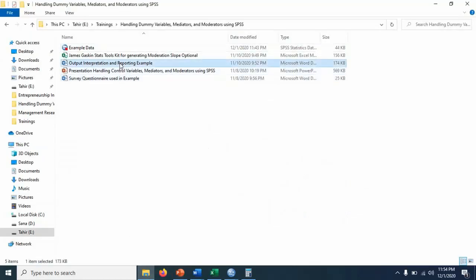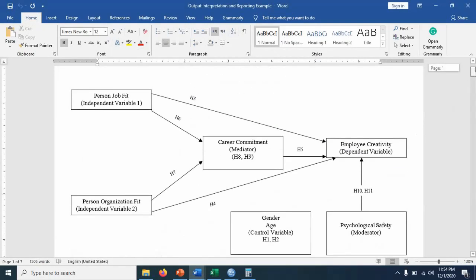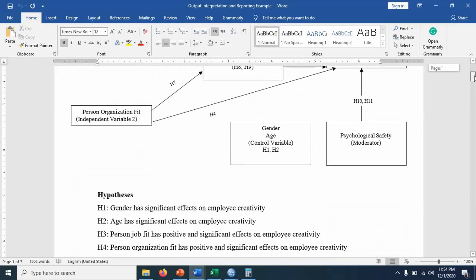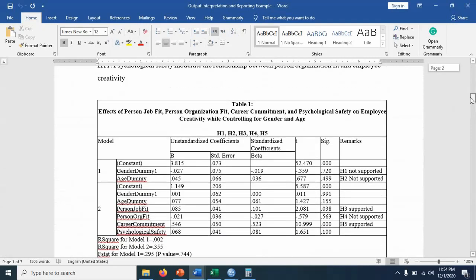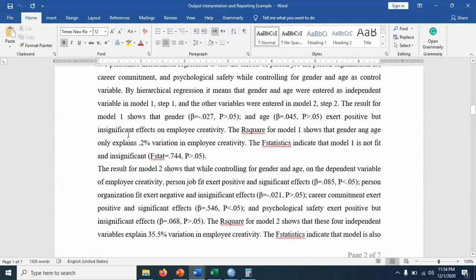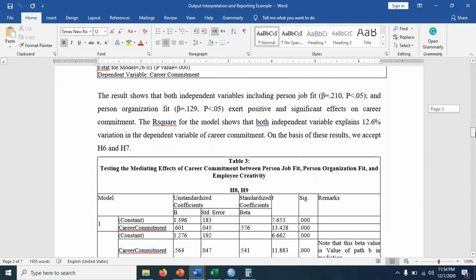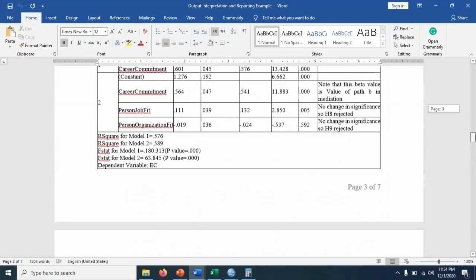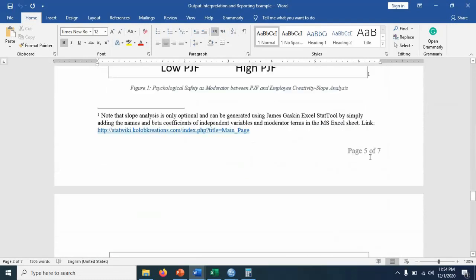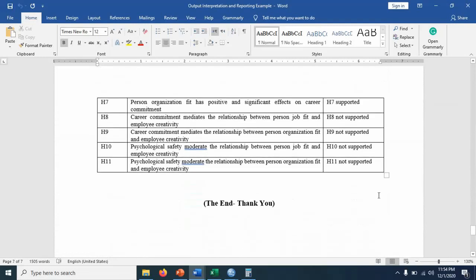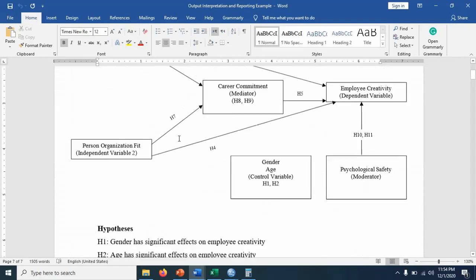One thing I want to tell you is about this file, if it is available to you in your folder, if it's emailed by me or whatever the arrangements are. You can look at the wordings, you can look at the results, how they are presented, and you can look at the interpretation. It's mostly academic-type examples, and it covers the entire model, from mediation, moderation and so on. So you can take inspiration and ideas from this file as well.